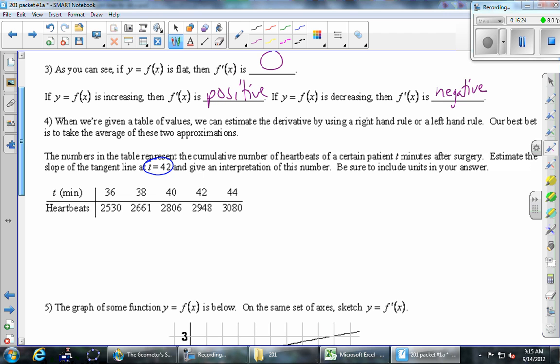How about some of you find the secant line connecting 40 to 42? That would be like the left hand of the point you're interested in. And some of you find the secant line between 42 and 44. And then maybe we'll just average the 2 slopes that we get. So just do a slope calculation, pick either the purple or the red, and we'll get our 2 answers up here.